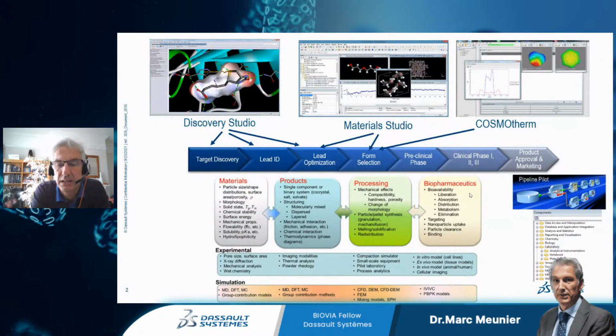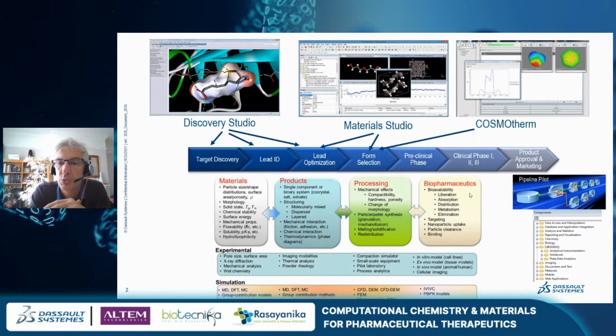And so Anand just presented us the top left part of the life cycle development of a drug. He typically mentioned about 5 years from target discovery to lead ID, and the entire product development can take up to 14, 15 years, depending.